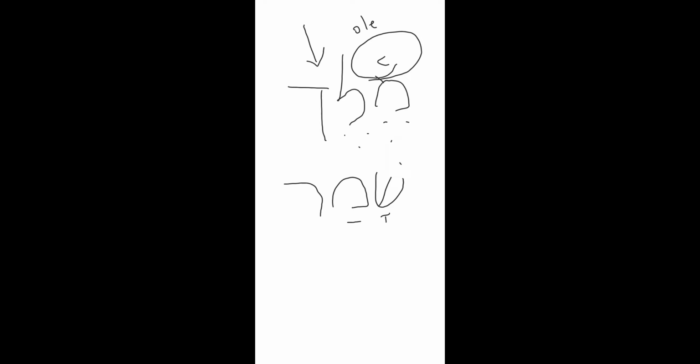So if you do not see the sign of ole on the next to the last syllable, then always remember that in Hebrew verbs or Hebrew nouns, the accent falls on the last syllable always, and you will not see any sign over there. Unless it is on the next to the last syllable, then you will see the sign. Now this is just a revision of the accent chapter 5 which we learned.